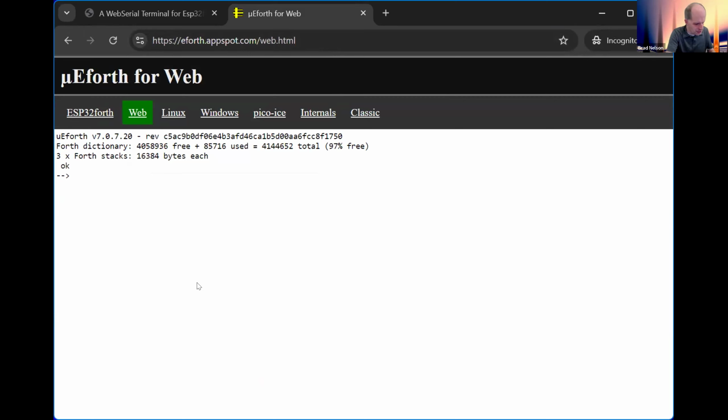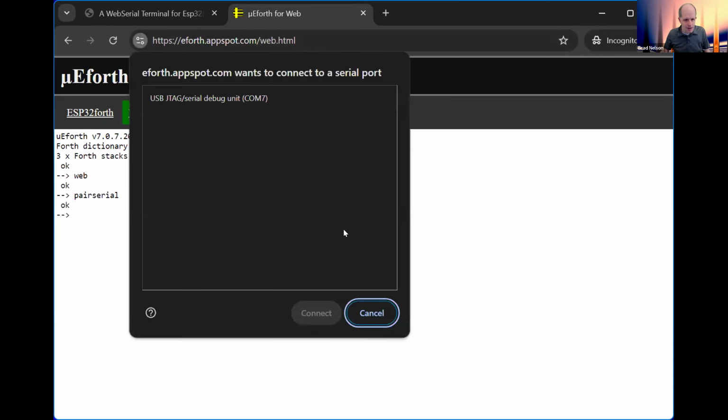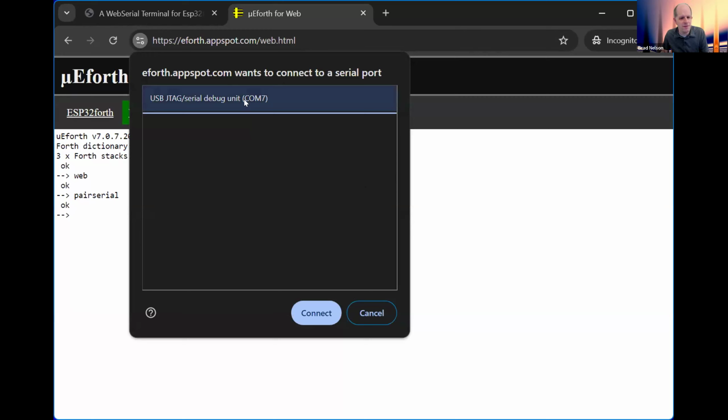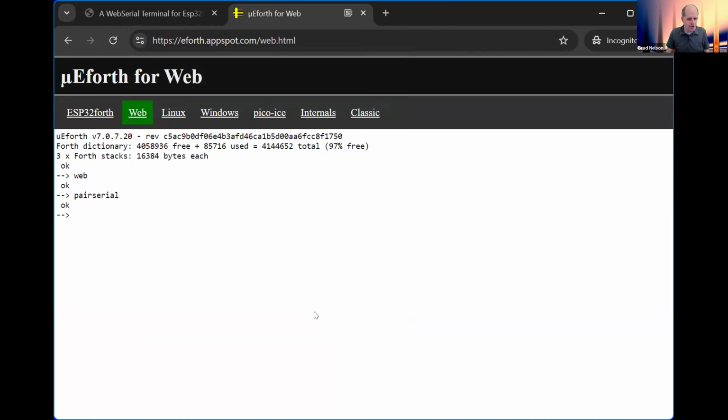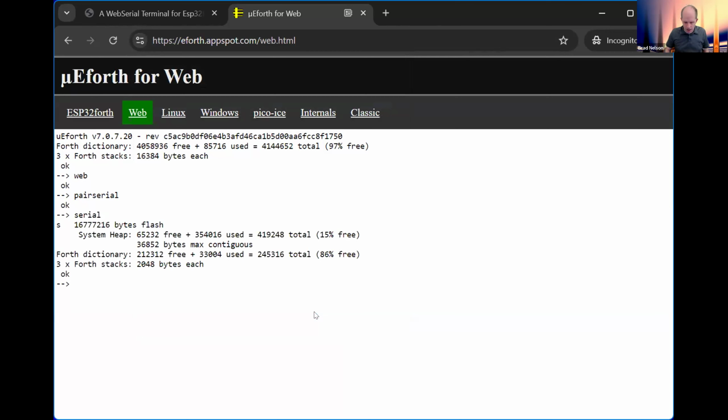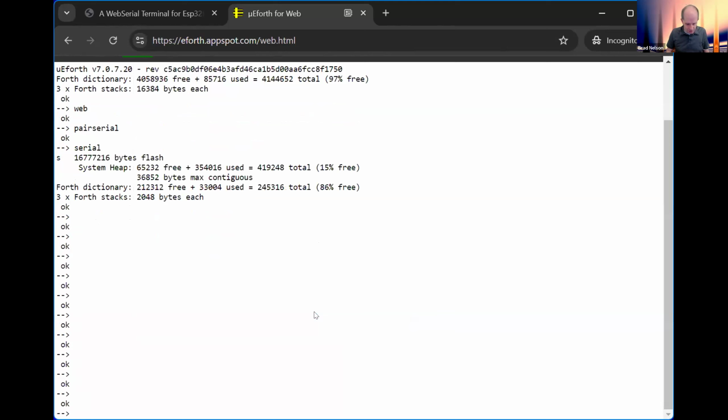And so the first thing I'm going to do is insert this device into the serial port, and then I'm going to go into that web vocabulary I mentioned, and then I'll do pair serial, and it pops up this dialog, noticing and showing the one device that's there. If there are several devices, you could choose which one to connect to, and then you can connect to it. And then after that, if I do this serial pump, I'm now talking to the serial device,